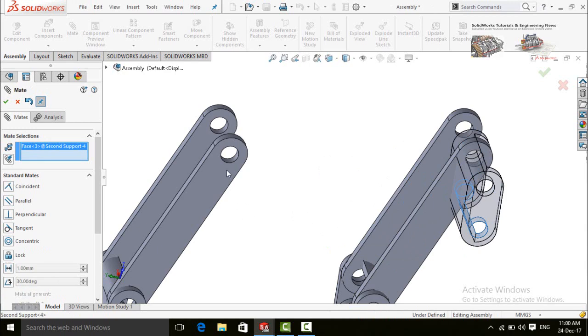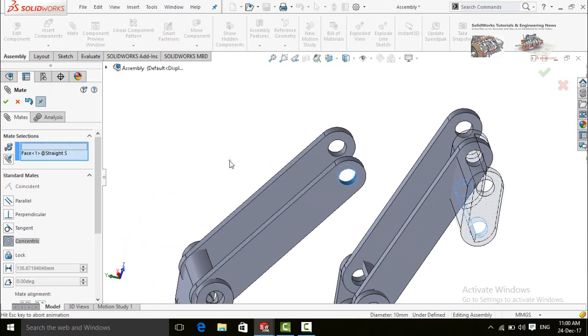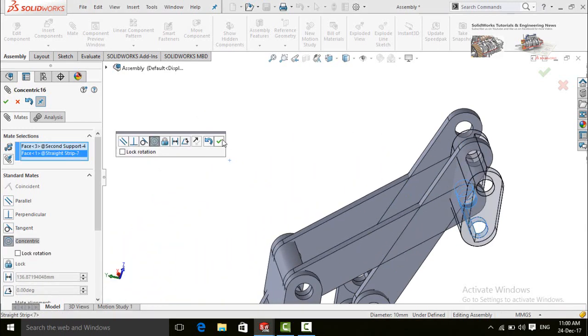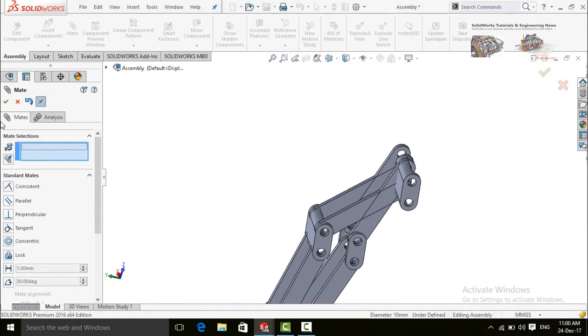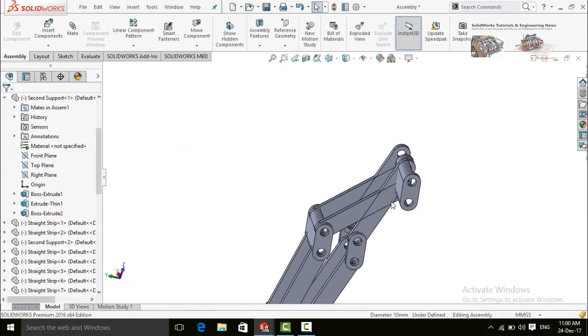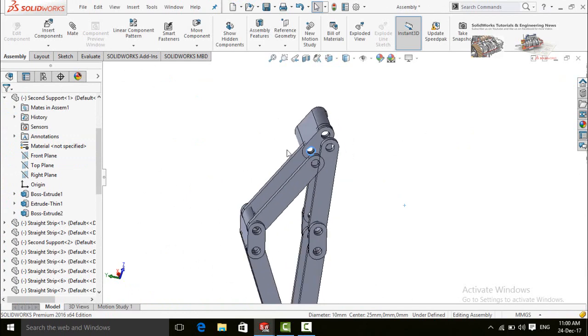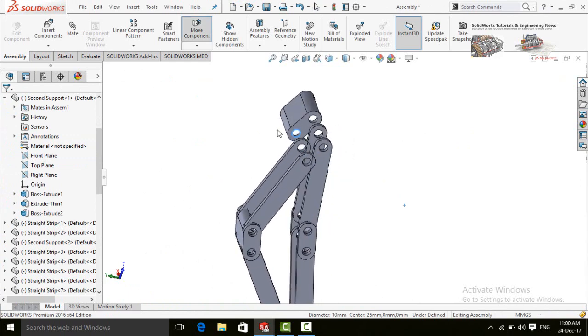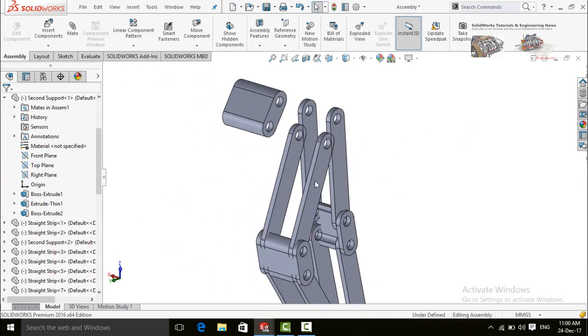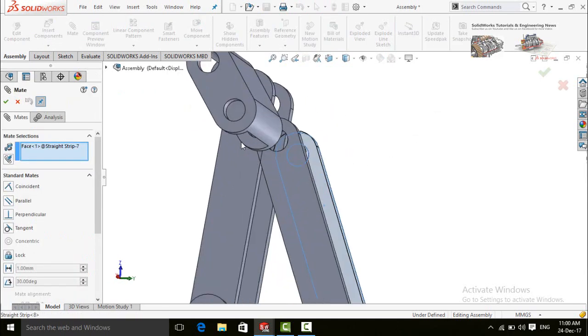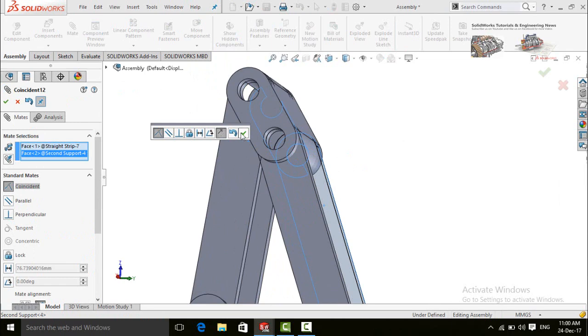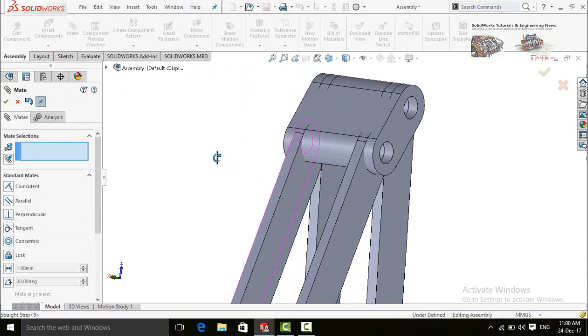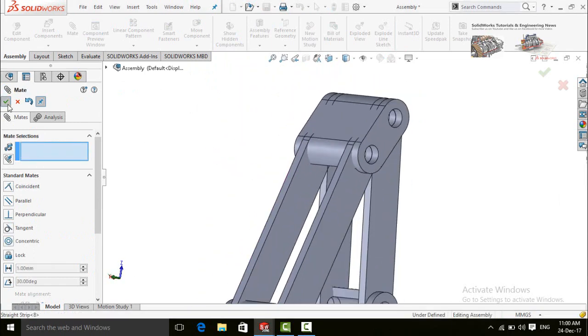The other side of support with the other side of straight strips. Press OK button. Again press OK button. Now mate the sides. Press OK button.